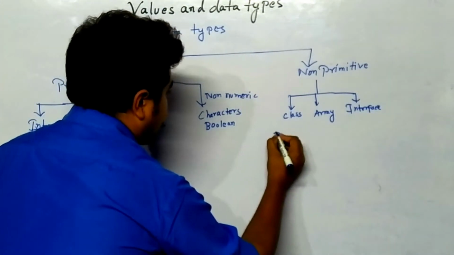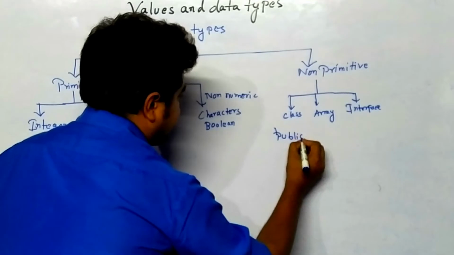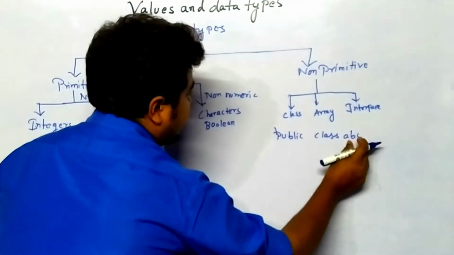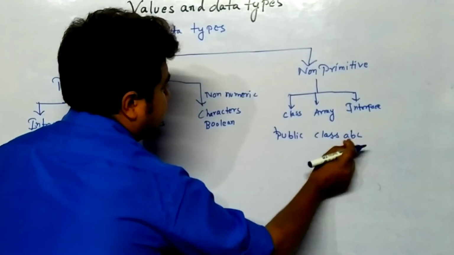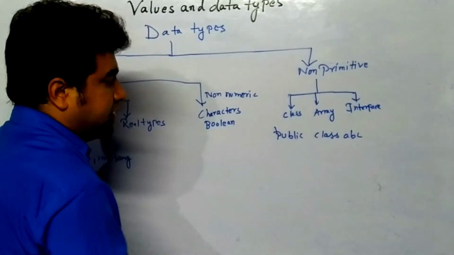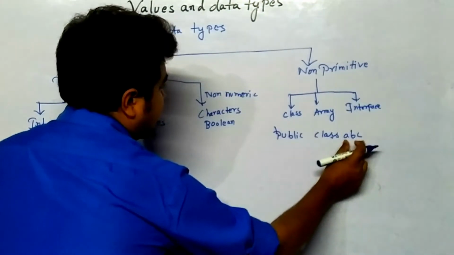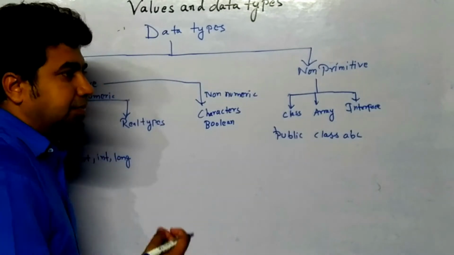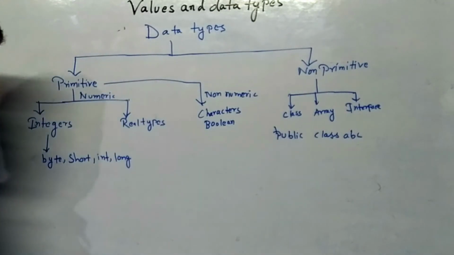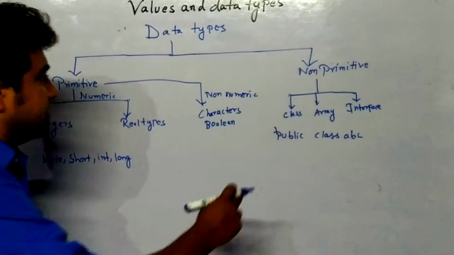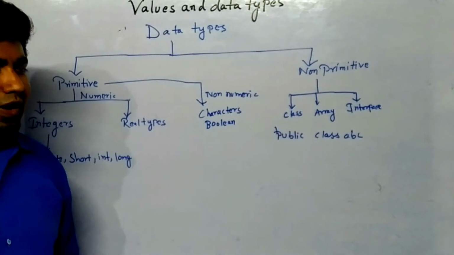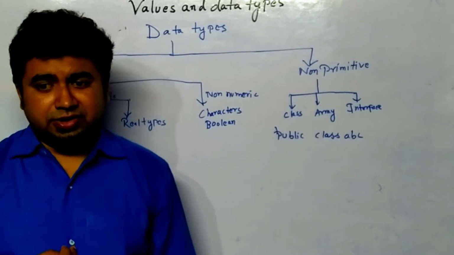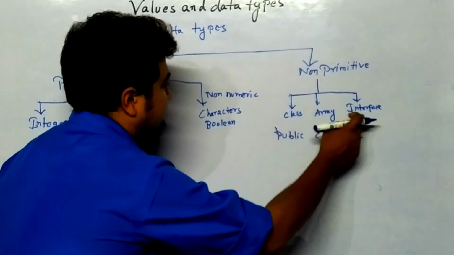We were naming it like a public class ABC. ABC is one type of variable that is of type class. You can say clearly that ABC is a type of class. This class is user defined. It depends upon the user to define it. As for the other things, array and interface, we will be discussing them in the coming chapters.